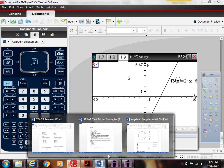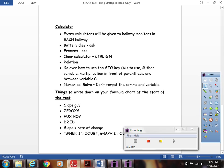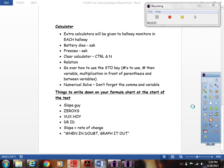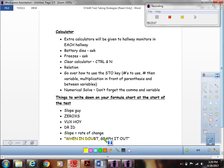Alright, so I guess that's it. Those are all the test-taking strategies we have for you. Very last but not least is my favorite. I came up with this year, and I'm really happy, and I've been trying to get everybody to say it, and I say it almost every day in my classes. Those of you who went to math camp, you probably heard me say it. When in doubt, graph it out. So good luck, guys. We hope